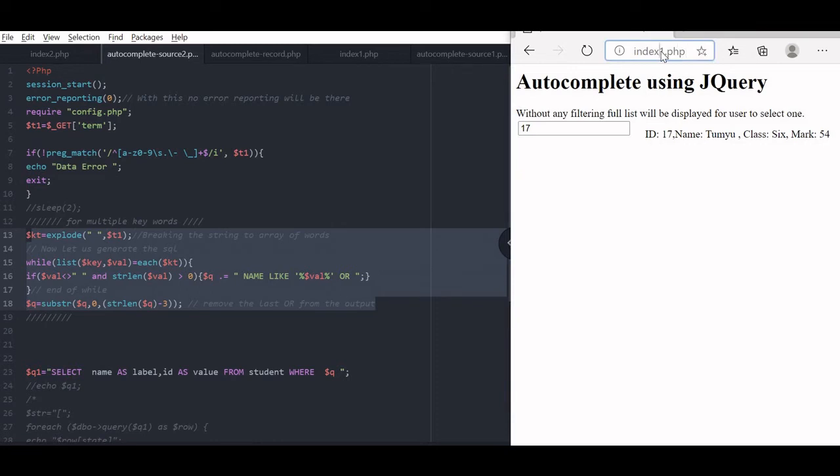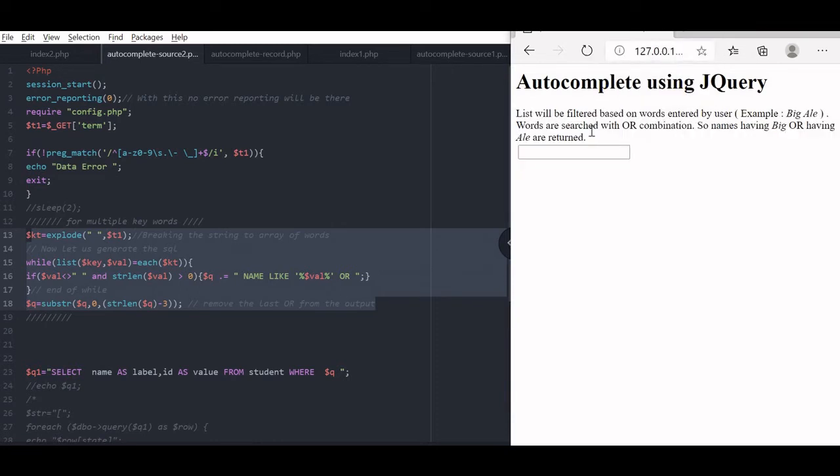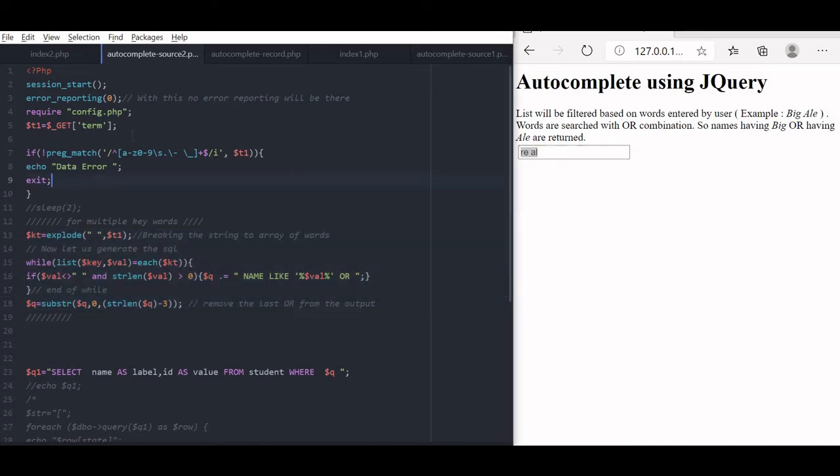We will see index2. I am changing, you can see here. This is also designed to take a space, break the keywords across the space and create an OR combination. So, if I am using RE and AL, then AL and RE are both used in an OR combination, and the records are displayed. These two words are passed to our backend string here as term. Term is the key and the value is our REAL. Here in this case we have used REAL with a space in between.